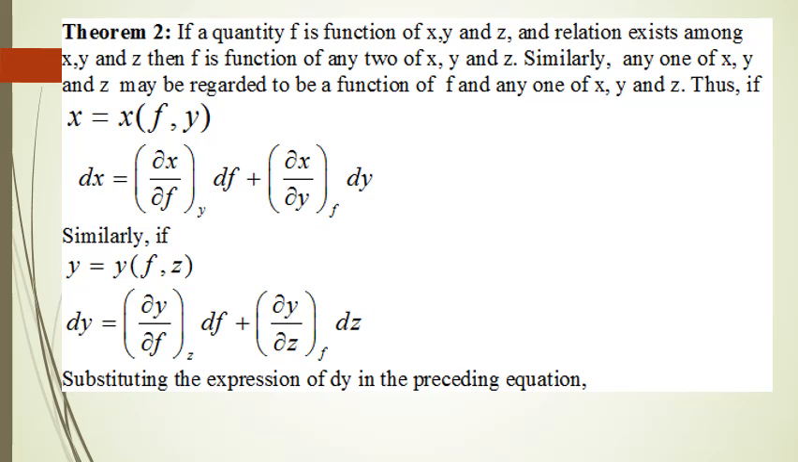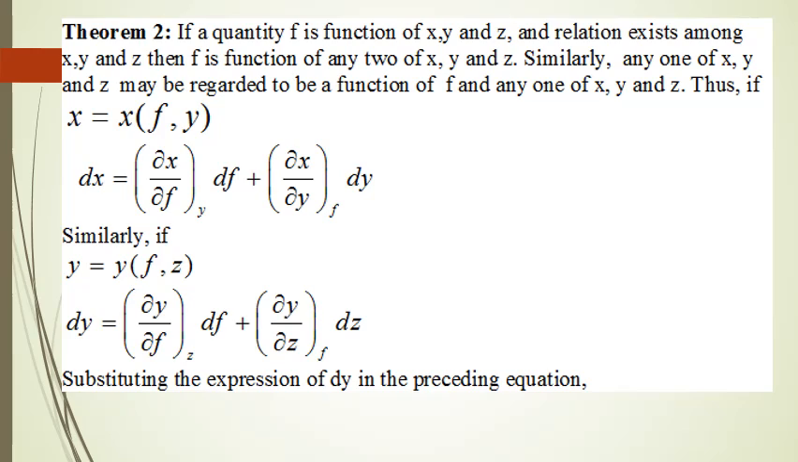If a quantity f is a function of x, y and z and a relation exists among x, y and z, then f is a function of any two of x, y and z. Similarly, any one of x, y and z may be regarded to be a function of f and any one of x, y and z. Thus, if x is such that x is a function of f and y, then dx is equal to del x upon del f when y is constant into df plus del x upon del y when f is constant into